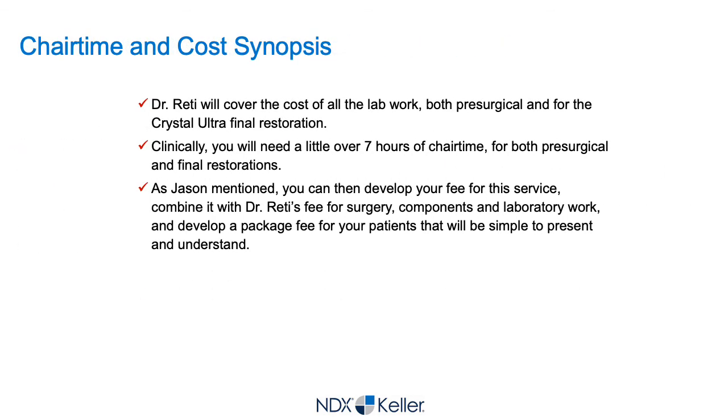So, Dr. Reddy pays for all the lab work. I estimated 7 hours of chair time, which is a little more because that includes both beforehand, before the surgery, getting ready to make the provisional, and then all the steps involved in making the final restoration. It could be a little bit less than that. And then once you decide what your fee is going to be, you can combine it with Dr. Reddy's fee for the rest of the package, and you'll have a number that you can easily present to your patients. And we've all made a commitment that we'll complete the case for that